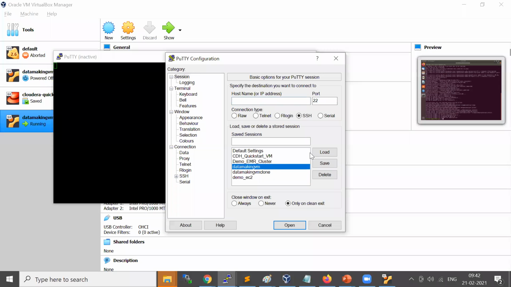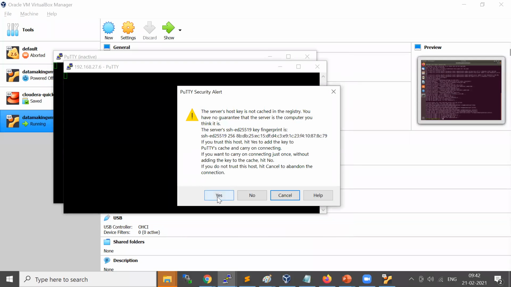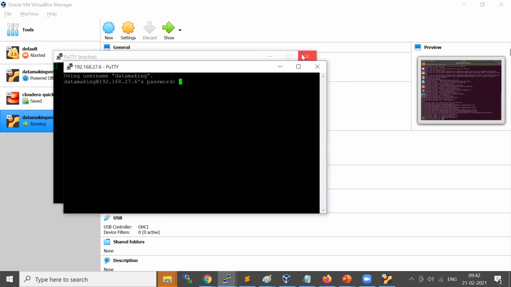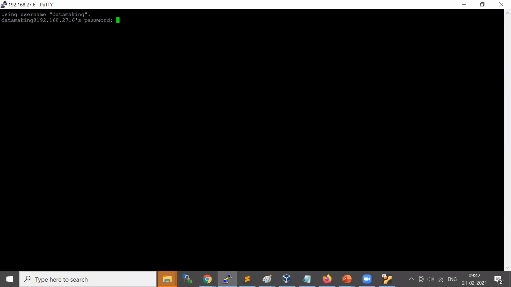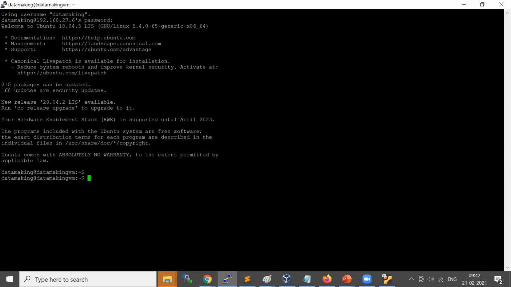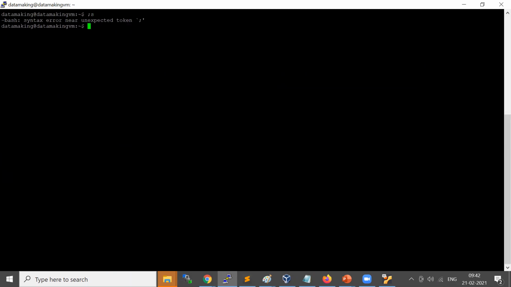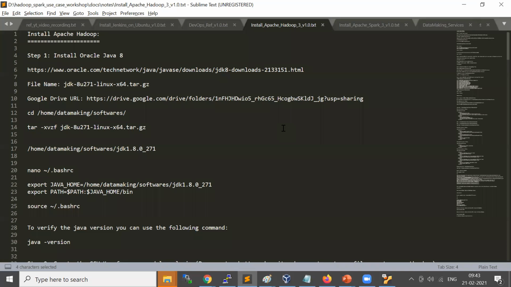It's alerting, yes. Now I'm able to connect. I'll type my password. Now I'm inside the VM. I can now work a bit faster than working on the VM directly. Okay, so now what I'll do is, I prepared a set of